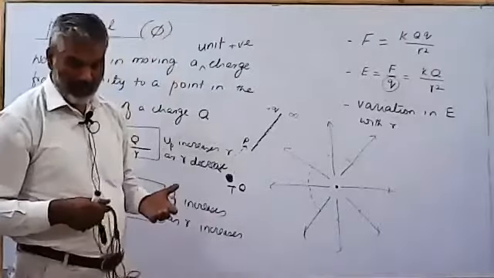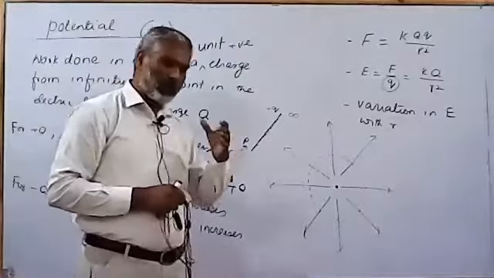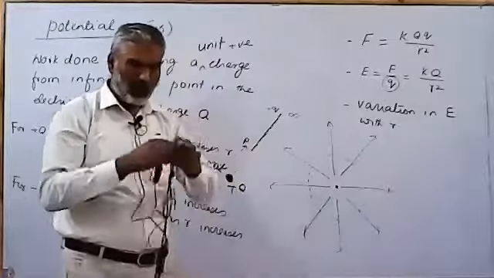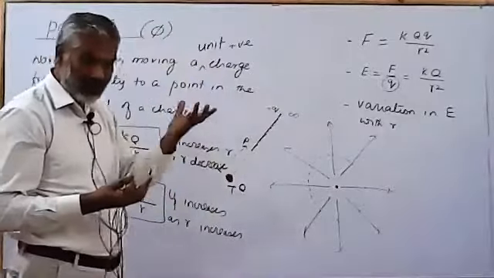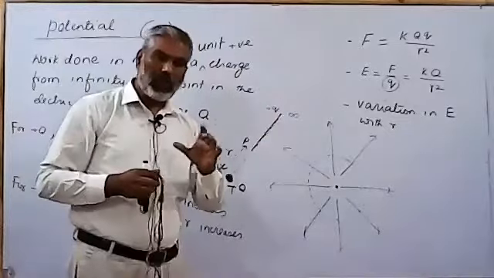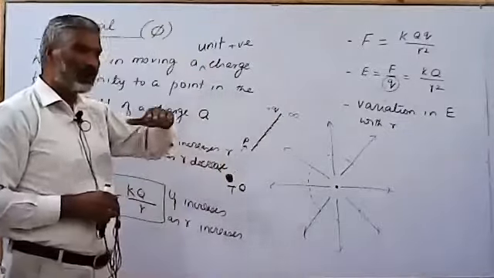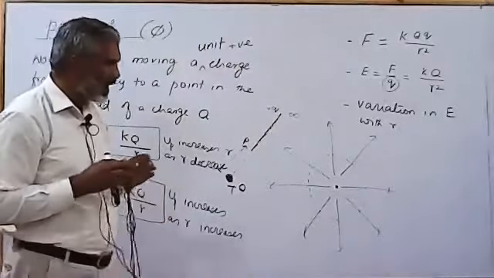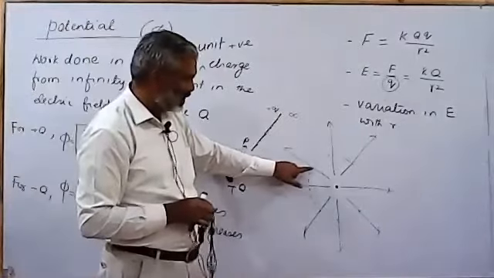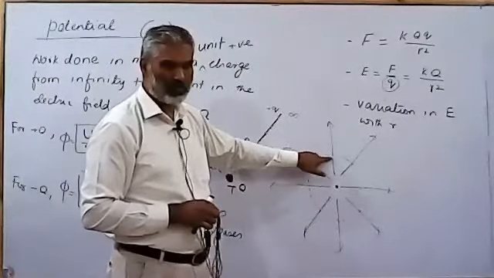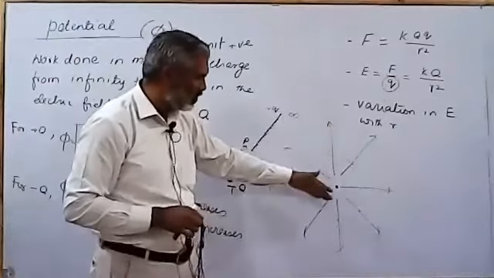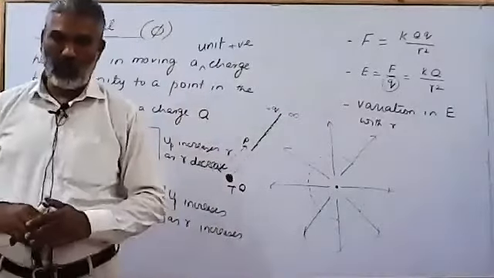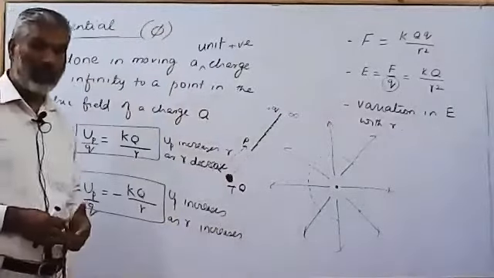It has a significance. If I say that potential or potential energy is the same at all points on a spherical surface, if I imagine that surface in a field, charges can move from one point to any other without any expense of energy. We don't have to spend any energy in order to move a charge from this point to this point, because we are not moving along the field or against the field, so no expense of energy or no gain or loss of energy is involved here.